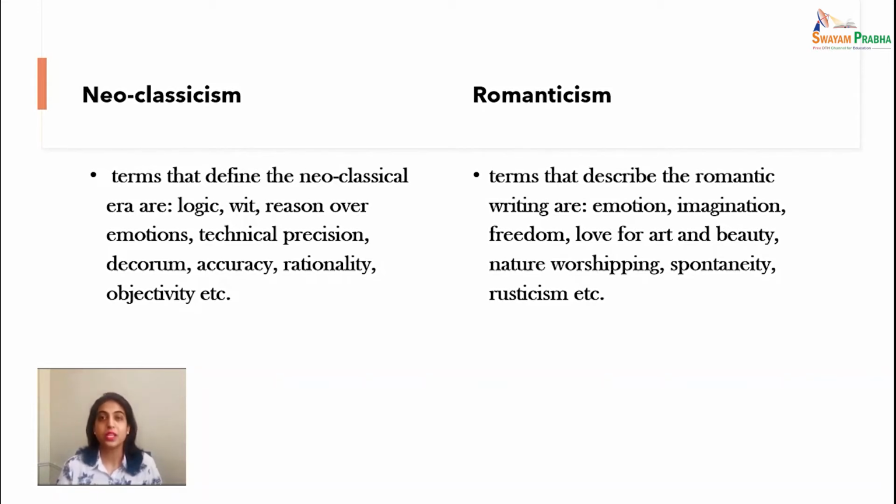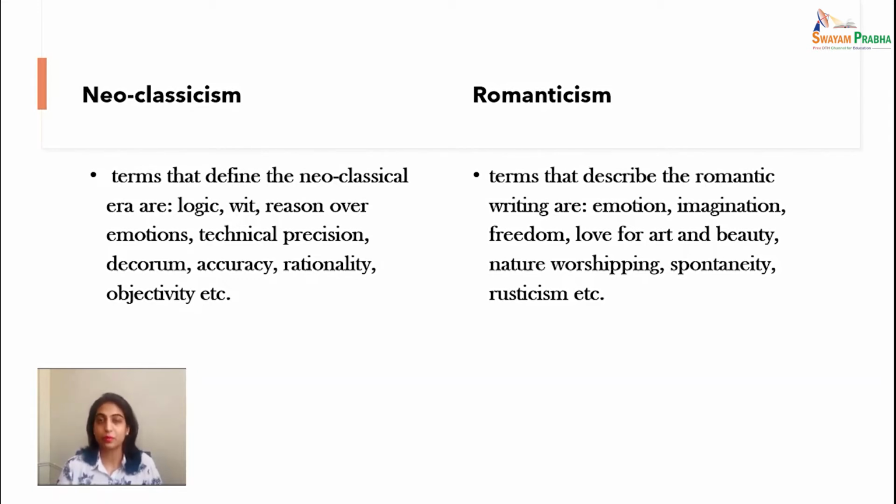Whereas the terms that define the neoclassical era were logic, wit, reason over emotions, technical precision, decorum, accuracy, rationality, objectivity, etc. The neoclassical era, though it emphasized the value of universal harmony, was emotionally constrained and restricted,